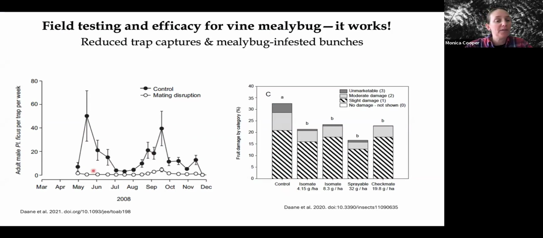So on the left here, you're seeing that in the mating disruption plot, we are catching essentially no males. There's a little blip here. Probably that's because that's the time of year when the flight is peaking of that second flight. And so we do catch a few males in the mating disruption treatment, but significantly less than what we find in a control treatment. And then, as I said, we see reductions in population and reductions in damage to the